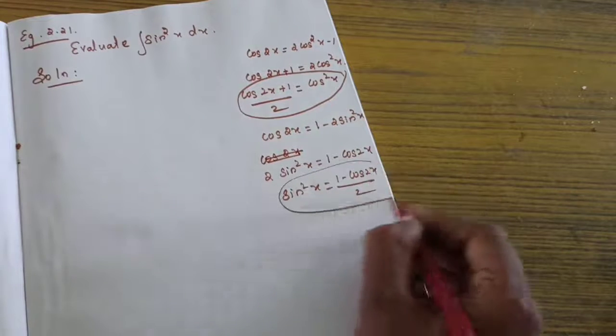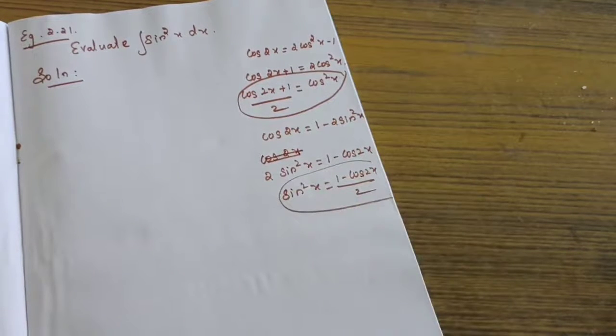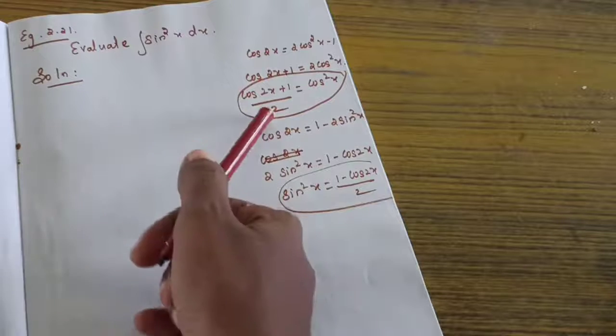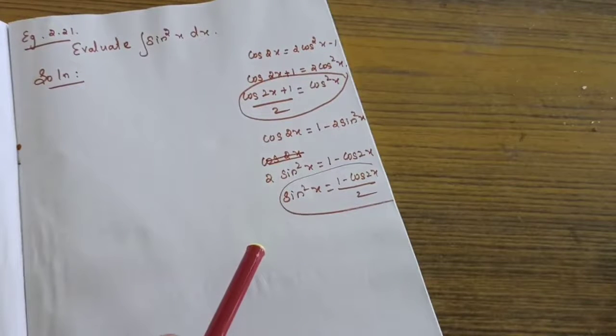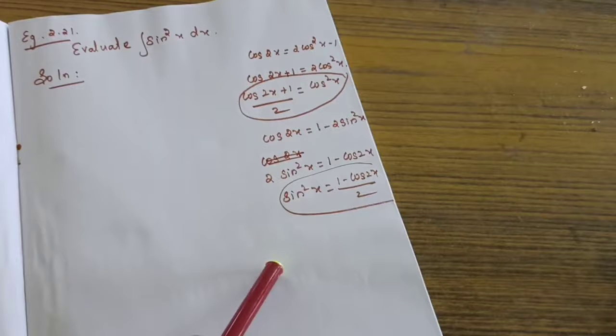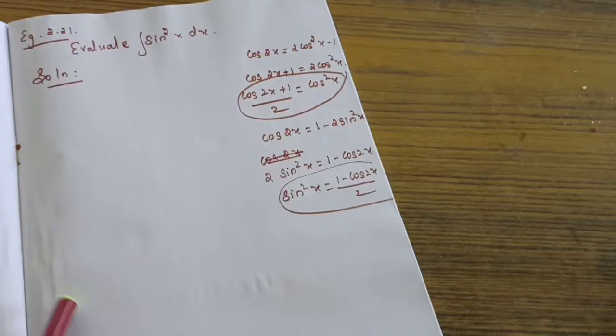Now this is a formula we can use here. Last year you have learned all the formulas. So this is a formula. If it is cos square x, you can apply this formula. Yes. So here it is. They asked us sin square x. Because of that I am using this formula and I find out the sin square x.